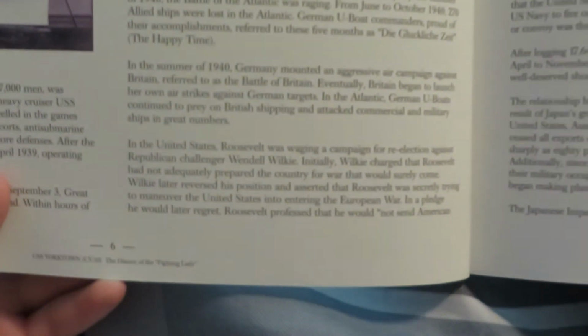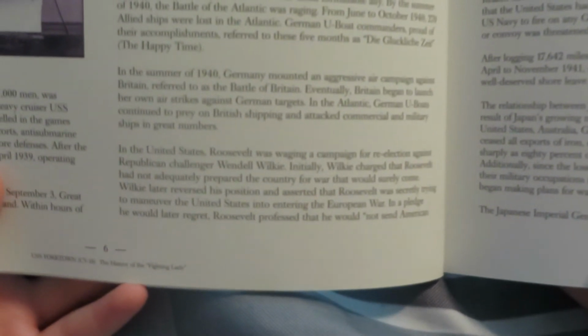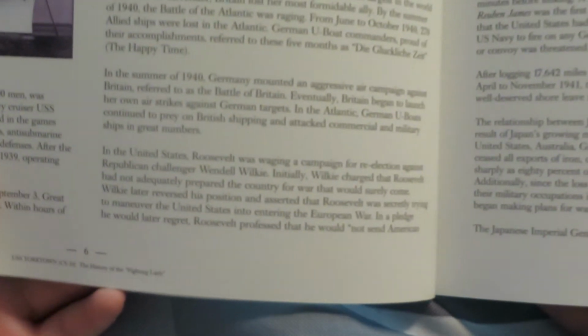In the United States, Roosevelt was waging a campaign for re-election against Republican challenger Wendell Willkie. Initially, Willkie charged that Roosevelt had not adequately prepared the country for war that would surely come. Willkie later reversed his position and asserted that Roosevelt was secretly trying to maneuver the United States into the European war, and a pledge he would never regret. Roosevelt professed that he would not send American